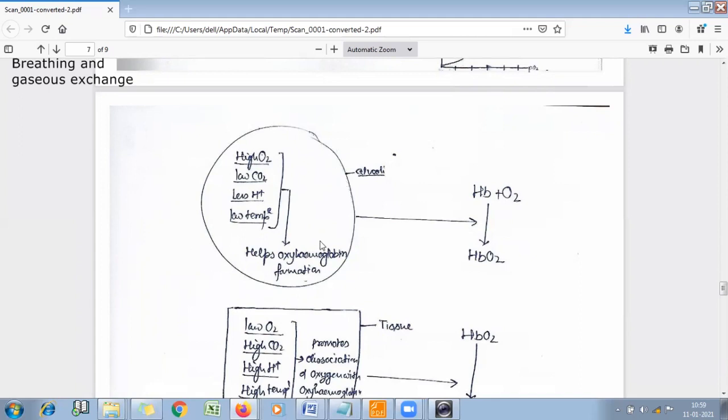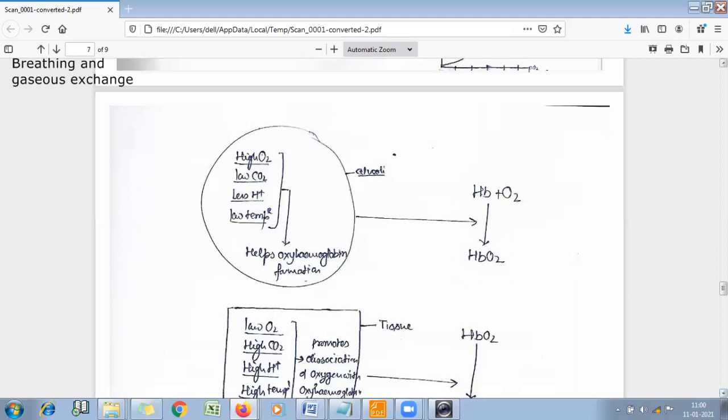So in case of alveoli, we can see here this condition: high oxygen, low CO2, less hydrogen ion, low temperature helps binding of oxygen with this hemoglobin, and finally it forms